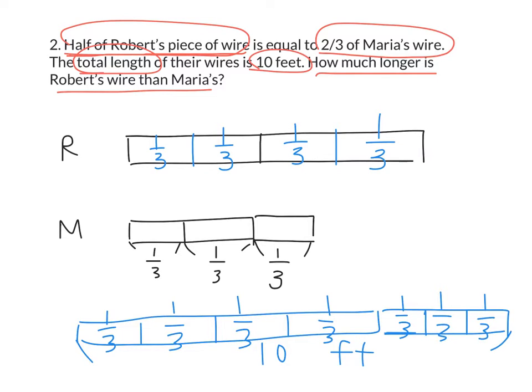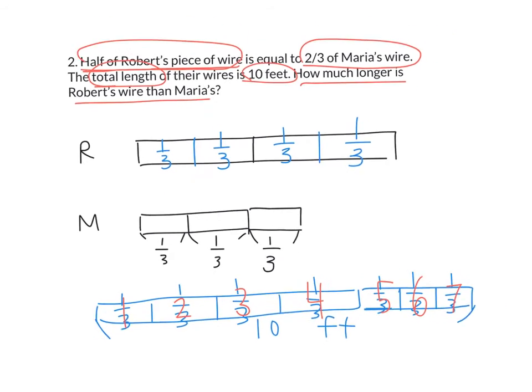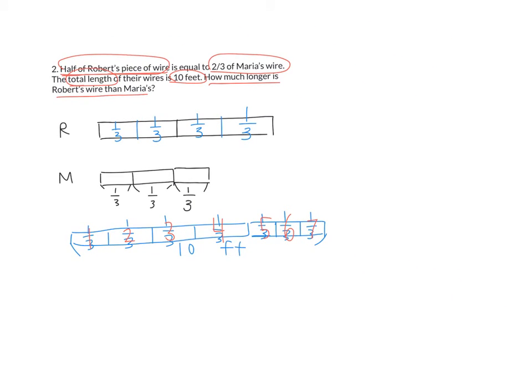Do we see down here, are these pieces all equal? They're all what size? 1/3, right? And so how many equal-sized pieces are there? There's 7 pieces. Watch this. There's 1 piece here, 2 pieces, 3 pieces, 4, 5, 6, 7. If I know all together those 7 pieces are 10 feet, how can I figure out how long one piece is? I can do 10 divided by